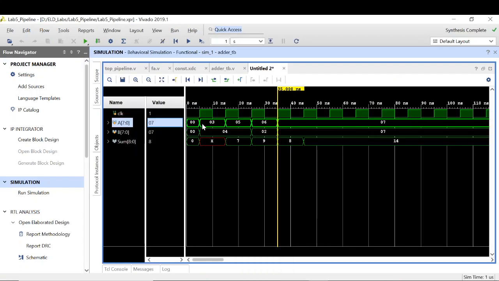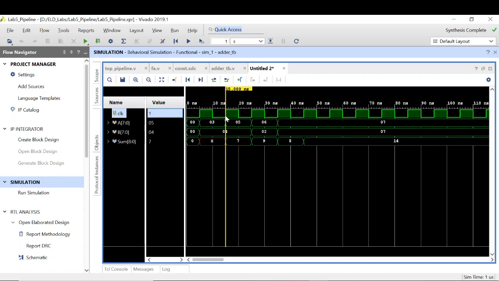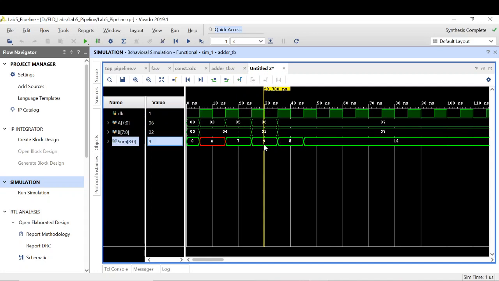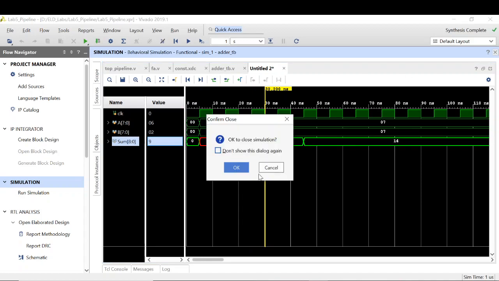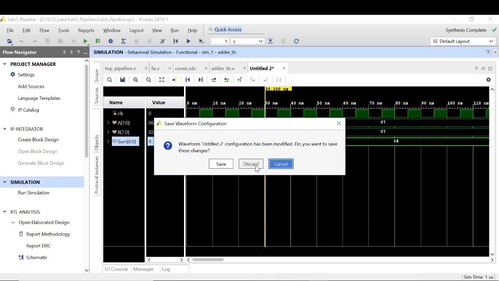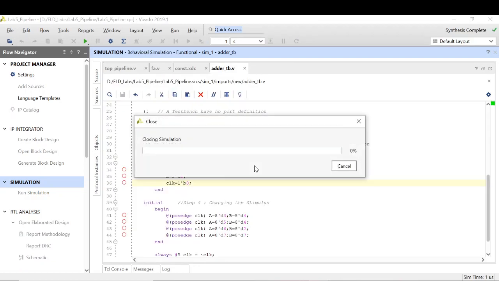Okay, so as you can see here, I am getting the output after one positive edge of the clock, which was also intuitive because I have inserted two flip-flops, one at the input port and one at the output port. So at the first positive edge of the clock at the input port, I got this data 4 and 5. So at the next positive edge of the clock, I must be getting this data. So this 9 I'm getting. So after one clock cycle, I'm getting my output. So that was expected of the design which we just did.